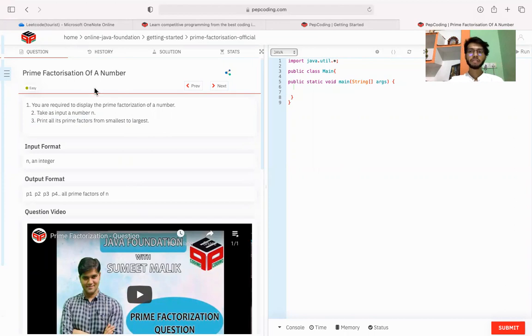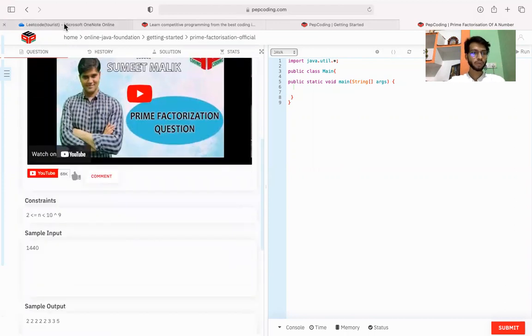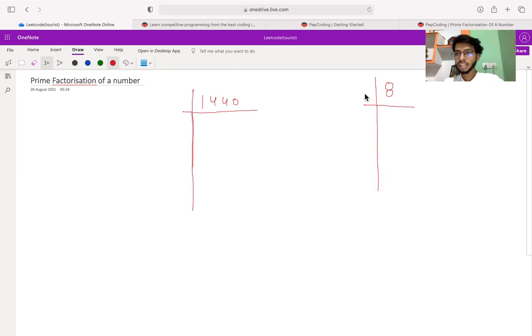What does it mean? For example, let me consider a test case 1440 which we have been given. If I consider the test case 1440, what do prime factors mean? Let me just consider a smaller test case first, for example 8. If we divide it, we need to divide this number till